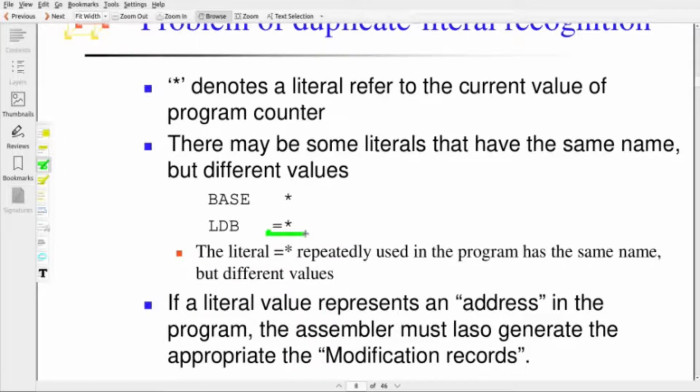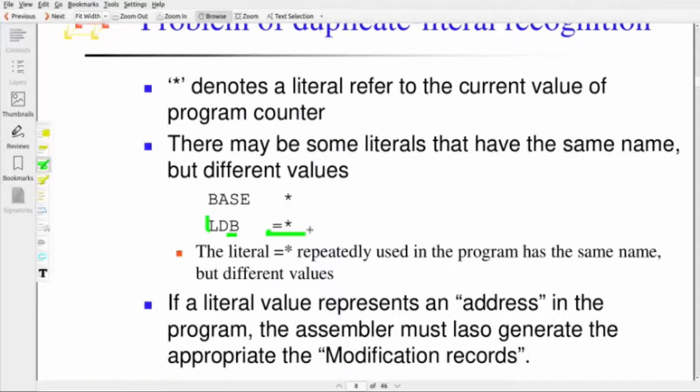That means the total meaning of the instruction is to load the current value of the program counter into the base register. But suppose we are using =* multiple times and we think all are the same because the character string is the same, and we think all =* are equal or duplicates.